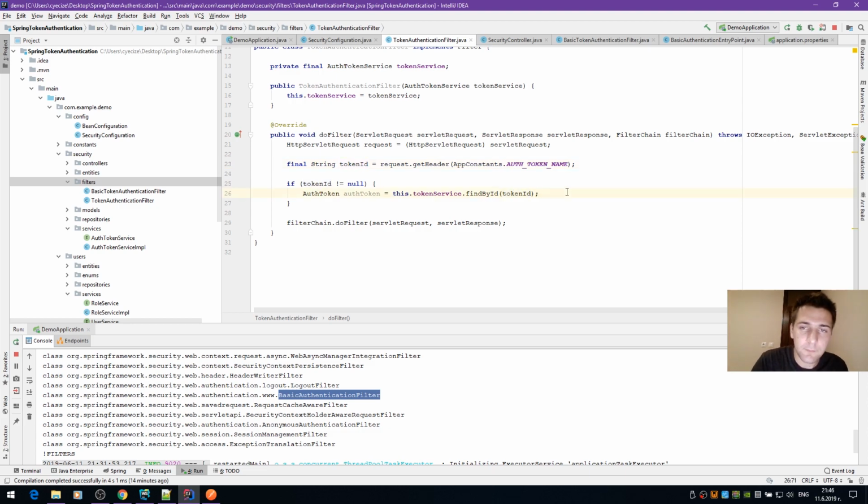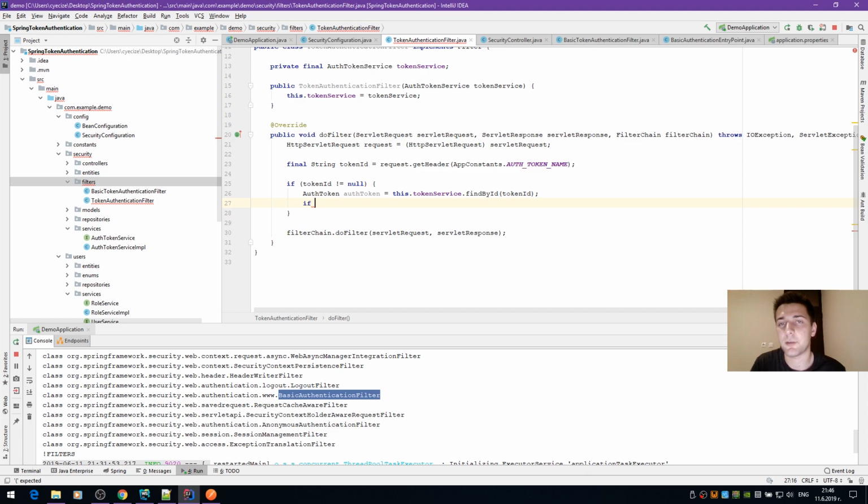Okay, so now here we can check if the token is null, then say unauthorized and stuff like that. But how we're going to do it is, if the token is null, then that token is just invalid and we're not going to throw any errors. We'll just let Spring handle it itself by saying unauthorized and relying on that exception handler that we created. So if authentication token is different than null,